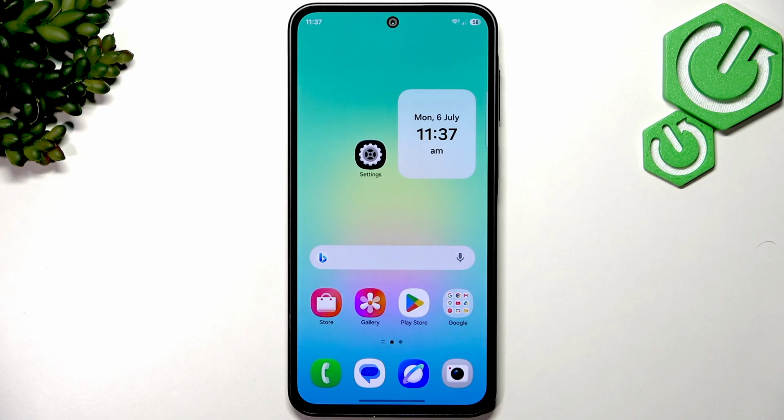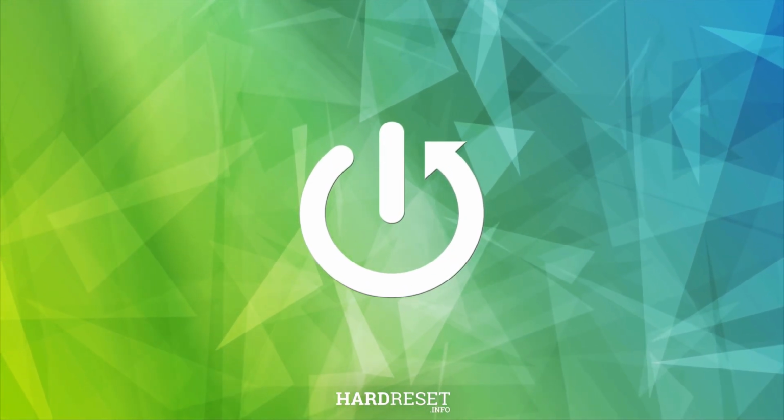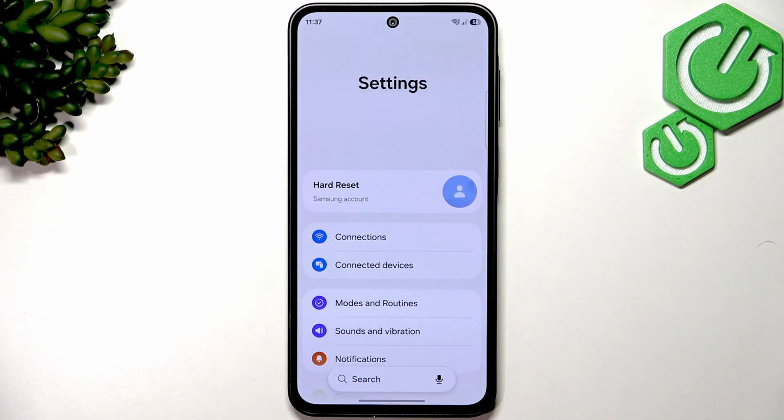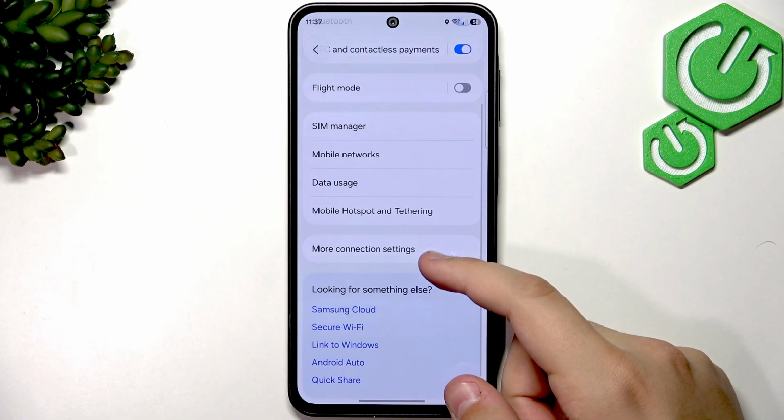In today's video, I'll show you how to check Wi-Fi and mobile data usage on your Samsung Galaxy A27. So first, what you want to do is open up the settings. Now we're going to go to connections, and once we are in the connections, what we can do is we have